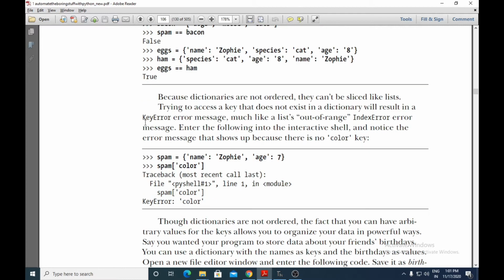Next, trying to access a key that does not exist in a dictionary will result in a KeyError message, much like a list's out-of-range IndexError message. So if you try to access a key that is not there in the dictionary, it will give a KeyError. In the same way, if an index was not there in a list, it used to give us the IndexError message.